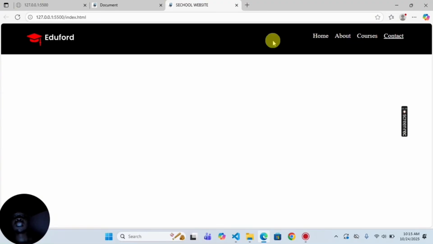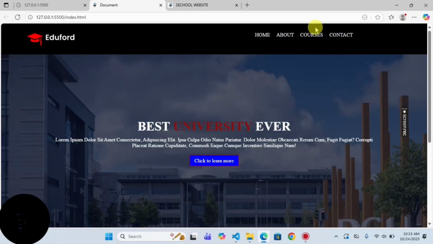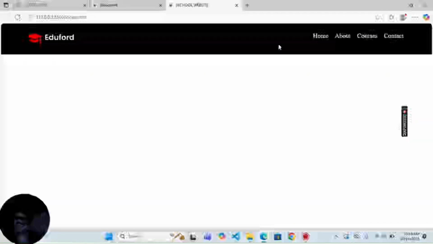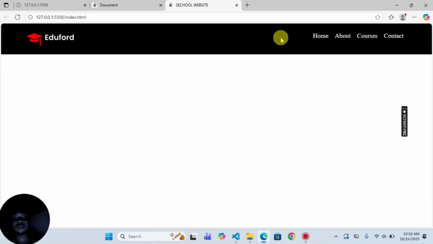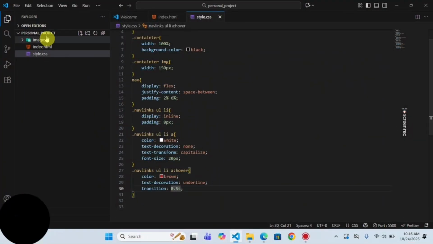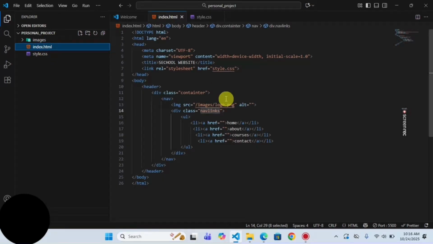So this is the header. So we've actually achieved this. If I want to shift this more, if I want to shift it to the center, I'll just have to give it a margin. I will shift it from here to here. I'll give it a margin and then shift it from there to there, but I think it's okay like this. So let's go back now to our